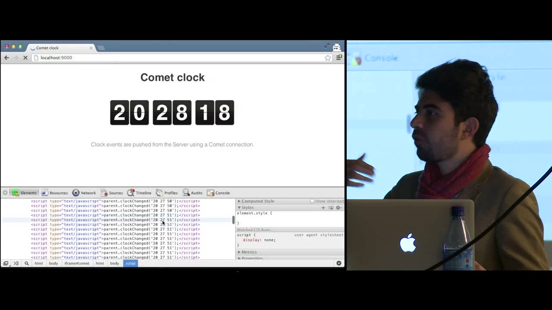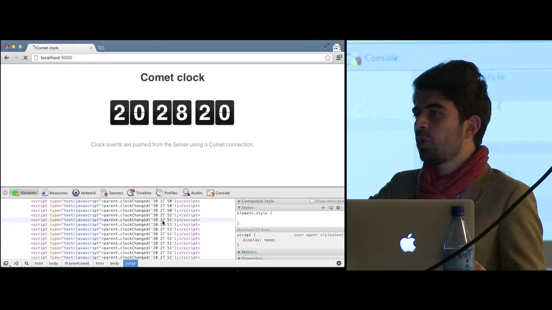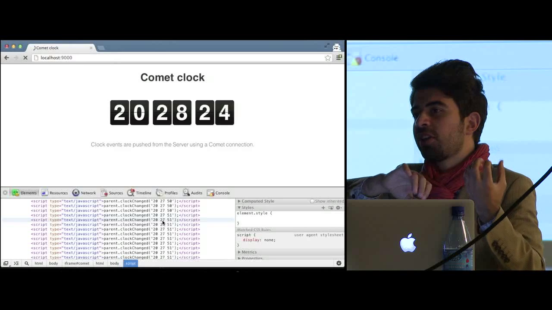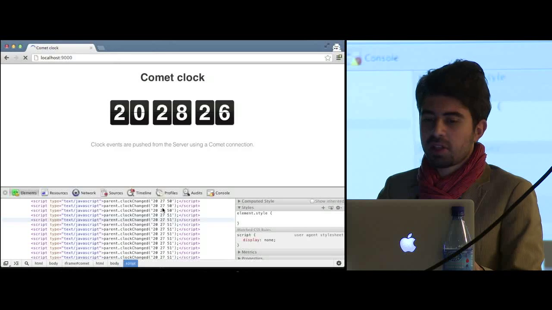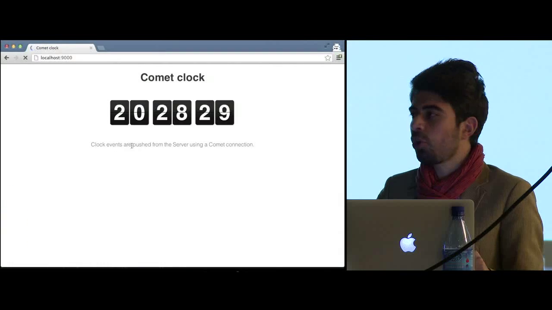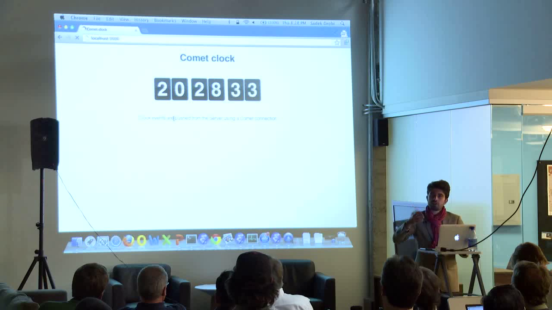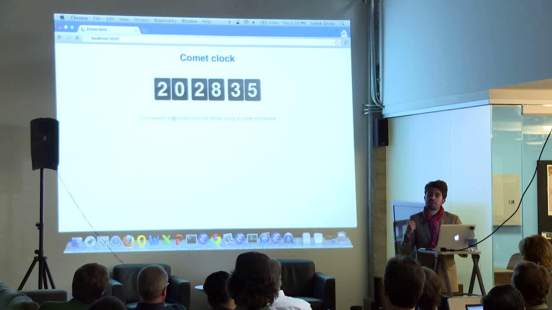This is the kind of communication that we've got on top of HTTP 1.1. We've got our stream, we adapt it with our particular adapter, and then we push it to the client, and that's how we get this sample working. But there is a better way of doing that. There's a protocol that properly implements exactly these semantics without doing a hack on top of HTTP 1.1, which is called